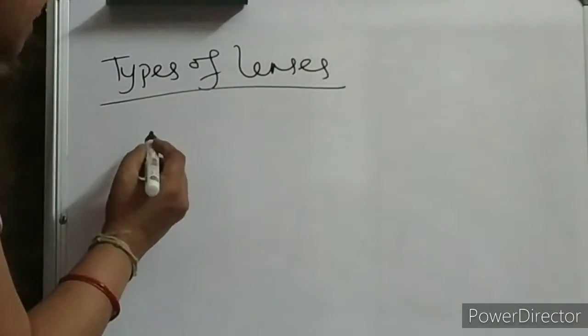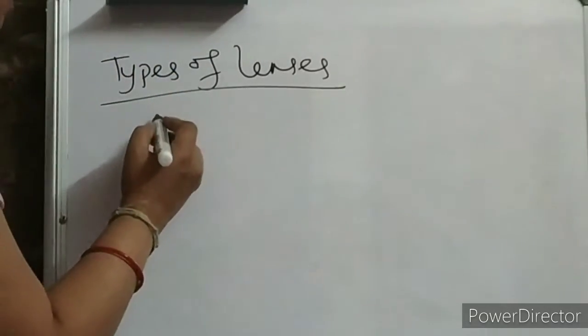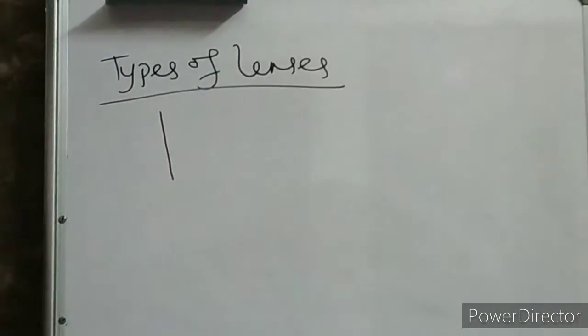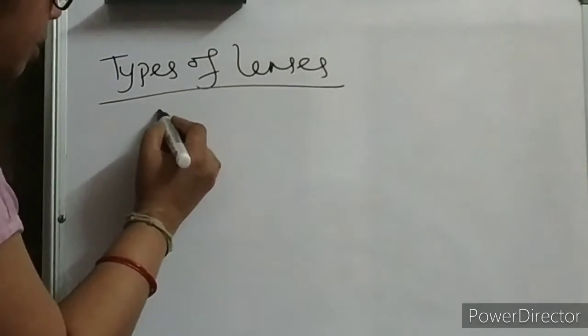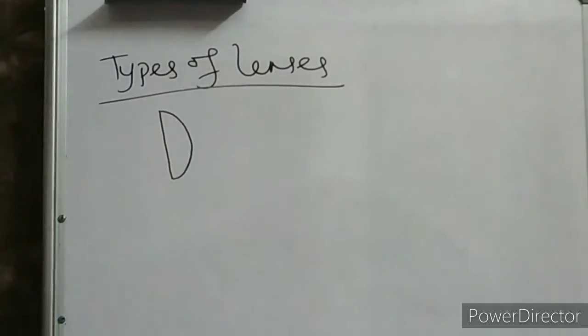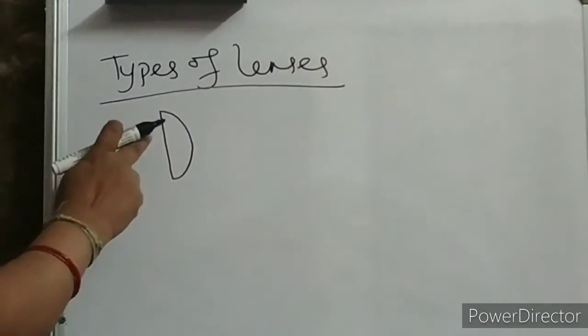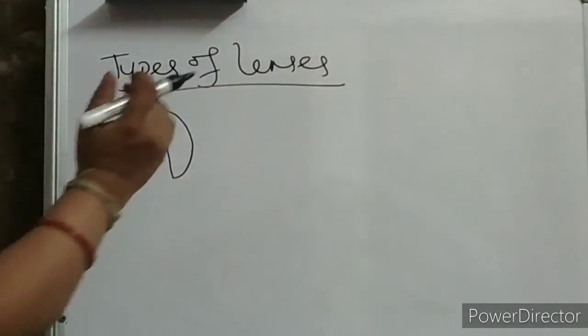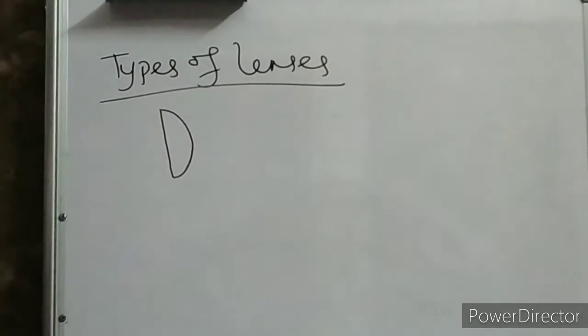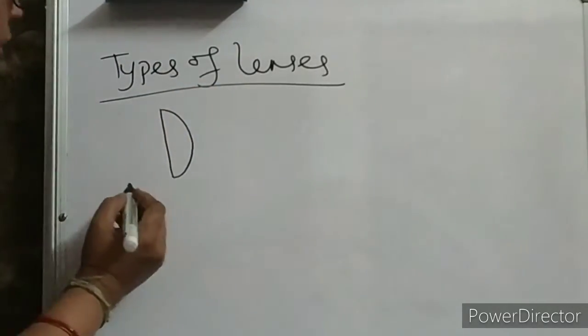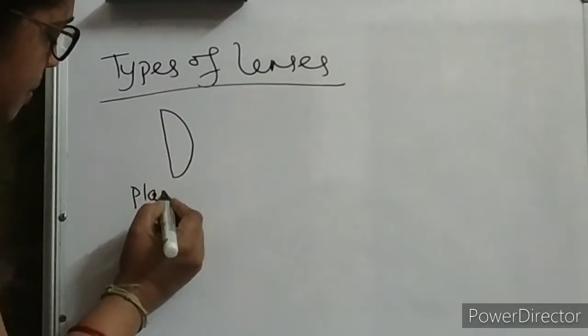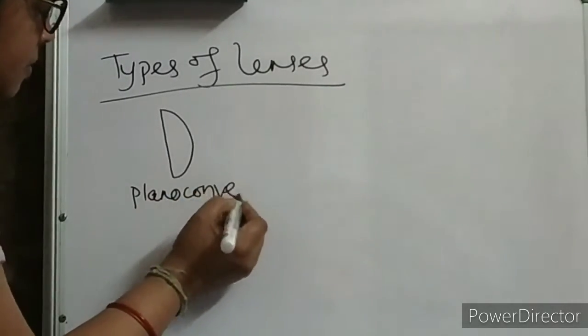First one, see we have seen the glass slab. So take the plain glass, but you have to make minimum one curved surface. Then that is your spherical lens. This is one. This is curved. This is plain. This is curved. And this is convex. You know this thing, in case of mirror we have studied. So this lens name is plano convex. Clear?